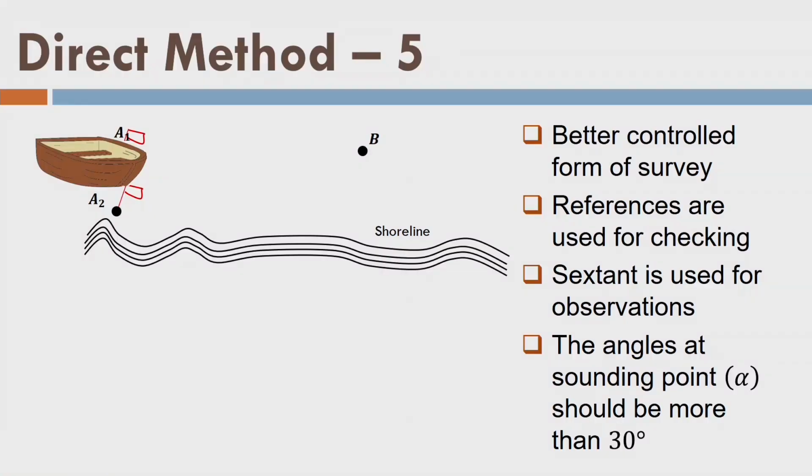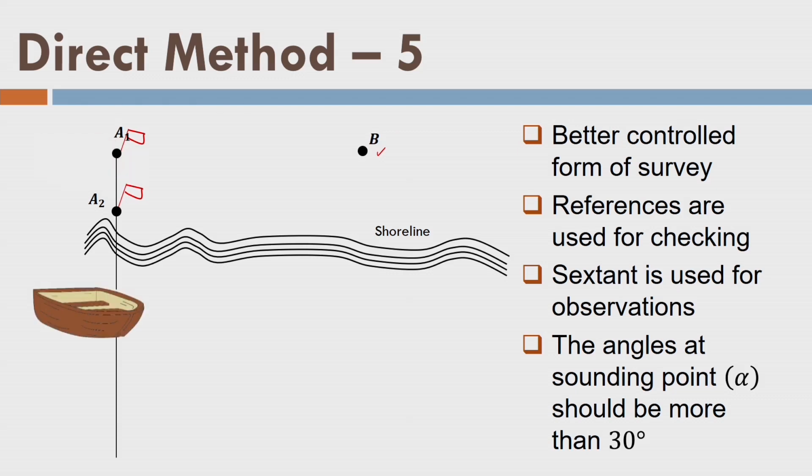The next is direct method 5. We are measuring some angle from point B. That means I am putting a total station or theodolite at point B and I am observing. Understand, why can't I take the observations from the boat itself? B is a reference point, A1 is also a reference point. So, there is a reference line between them. But now we are saying that we will stretch a line using A1, A2. We will move our boat like this, and then we will measure the time ticks to measure the distance from point A2 or maybe point A1. In addition to that, we will measure the angle like this.